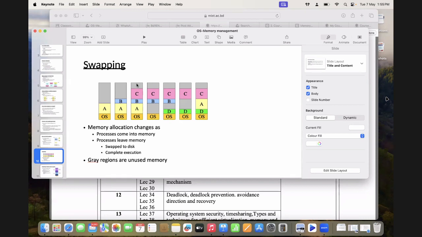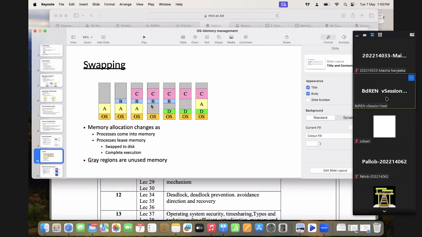But here, this is a small block, right? And after A's exit, we have one more block of memory here. But let's say some other process comes which needs the memory of both of these; we can't place that process right here. It's very difficult now. So what it is causing is holes in the memory. If you notice, this is one hole, this is one hole, this is one hole, and this is one hole.